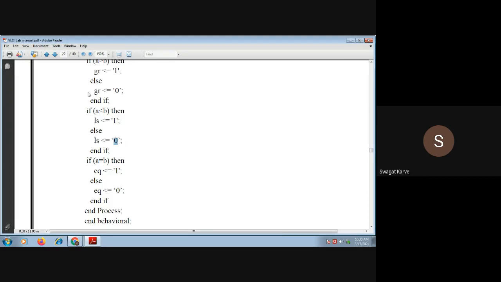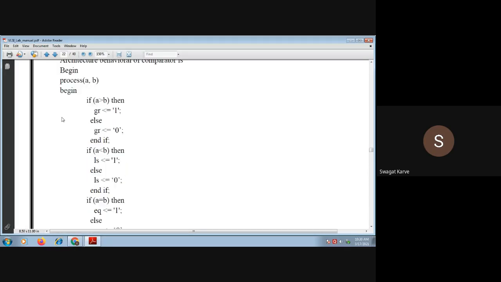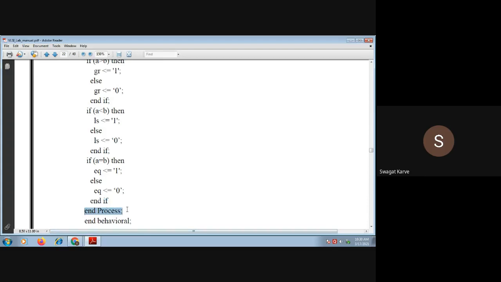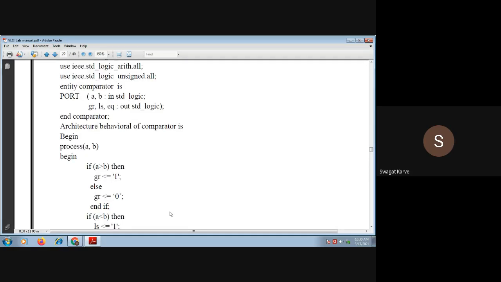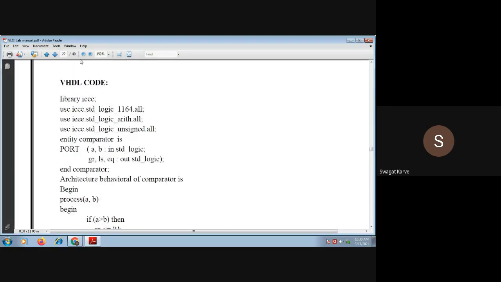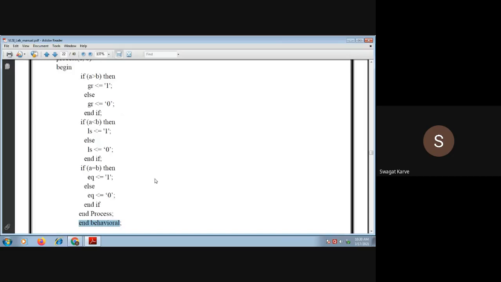As we started this if, it ends with end if. As we started the process, we have to end the process, and finally end the behavioral architecture. So this is a very simple code for the comparator; we have only used the if else statements, that's it.